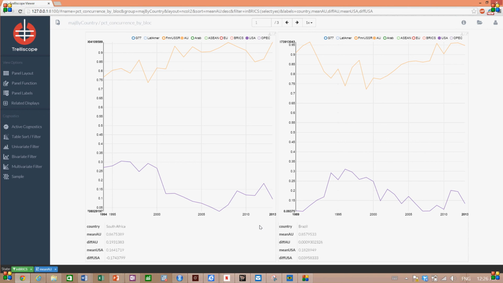Although it's increased in recent years, the trend appears to be generally downward, which is confirmed with this negative 17% diff USA number, the change in voting with the United States from 1994 till 2013. Now Brazil, though relatively volatile, seems to generally be a more consistent partner with the United States, and we can see that its difference in voting between 1989 and 2013 with the United States is positive, and the mean voting is also higher in Brazil than it is in South Africa. This would indicate to us that when trying to